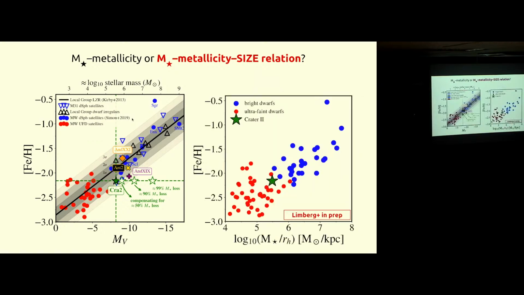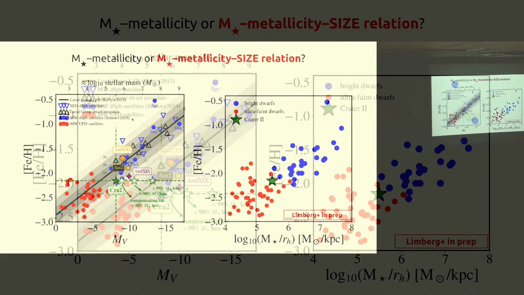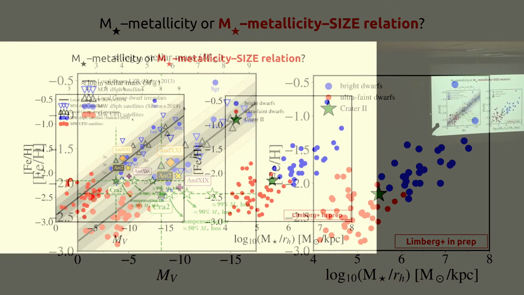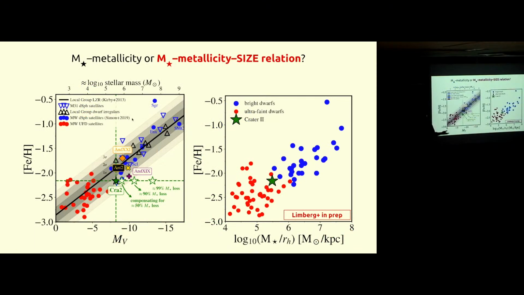People meaning some people that do this extragalactic stuff, but this is me proposing this for the local group, I guess. This is the mass metallicity relation again, but instead of the stellar mass on the horizontal axis, what I'm plotting right here is the ratio between stellar mass and the half-light radius. So this is the ratio between the stellar mass and the size of the galaxy, and this should be a better proxy for the gravitational potential. And as you can see now in this figure, this galaxy is no longer an outlier.